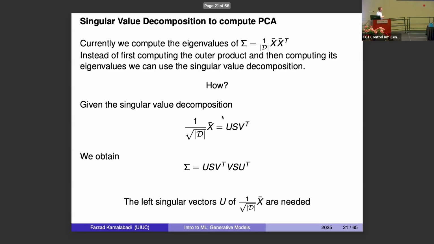Okay? All right. So all I'm going to say here is that singular value decomposition is just an efficient way of computing it. The way we talked about this is that we are computing the covariance by X times X transpose, okay? But you don't need to do that numerically because SVD already has it built in. So you can compute principal component analysis using singular value decomposition that we talked about before, rather than manually performing this multiplication and building your empirical data covariance, your sample covariance. That's all.